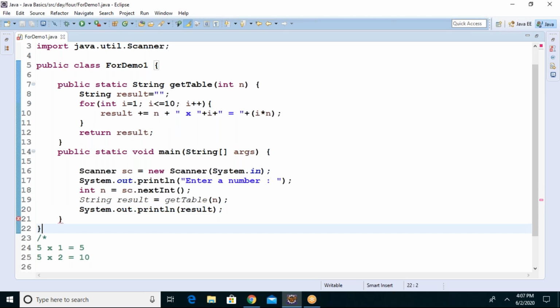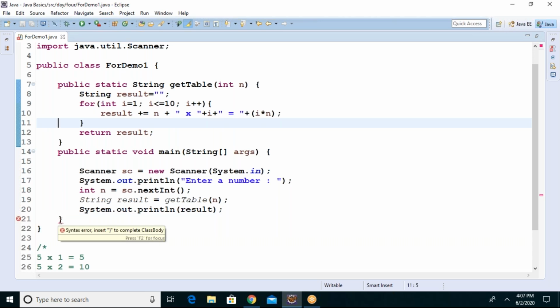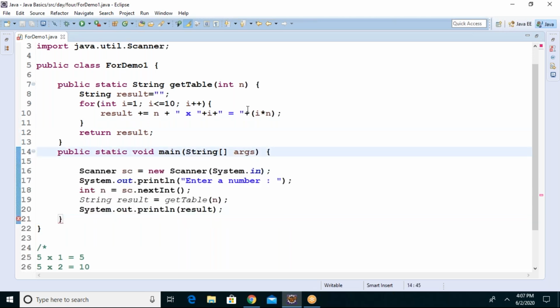Okay, guys. So I got this, and I hope it will work. What is wrong? Why this brace? Complete class body. This is the main method.